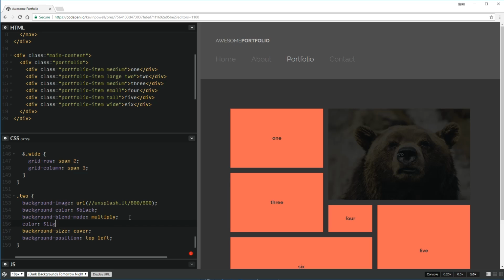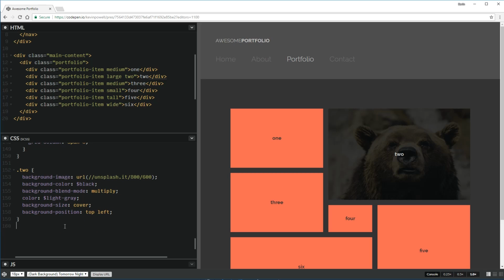Color light gray, maybe, is what I called it. There we go. So we can actually see the text. And again, I should probably have a link in here, so when you go, you could actually click on it or something. But now what we could do is,